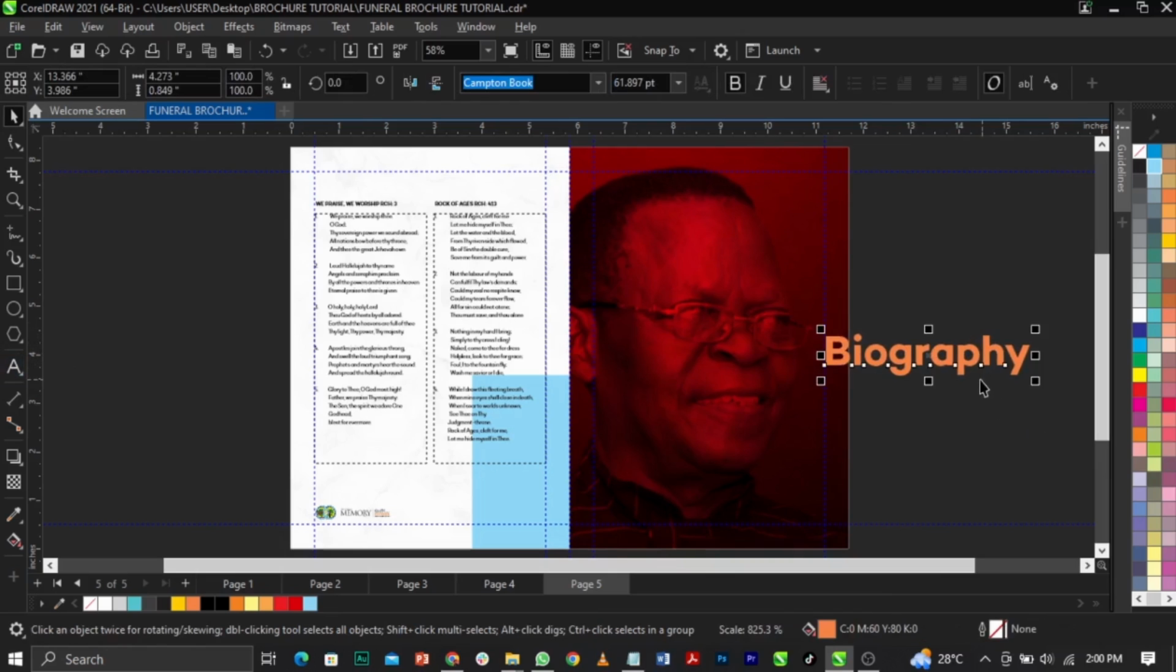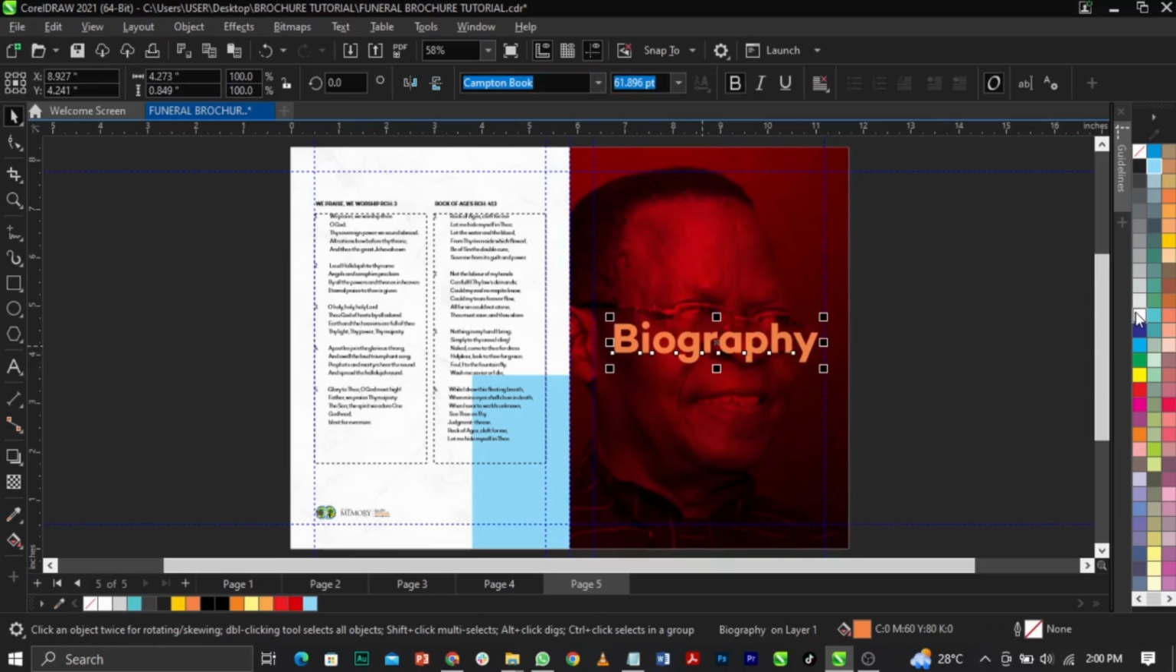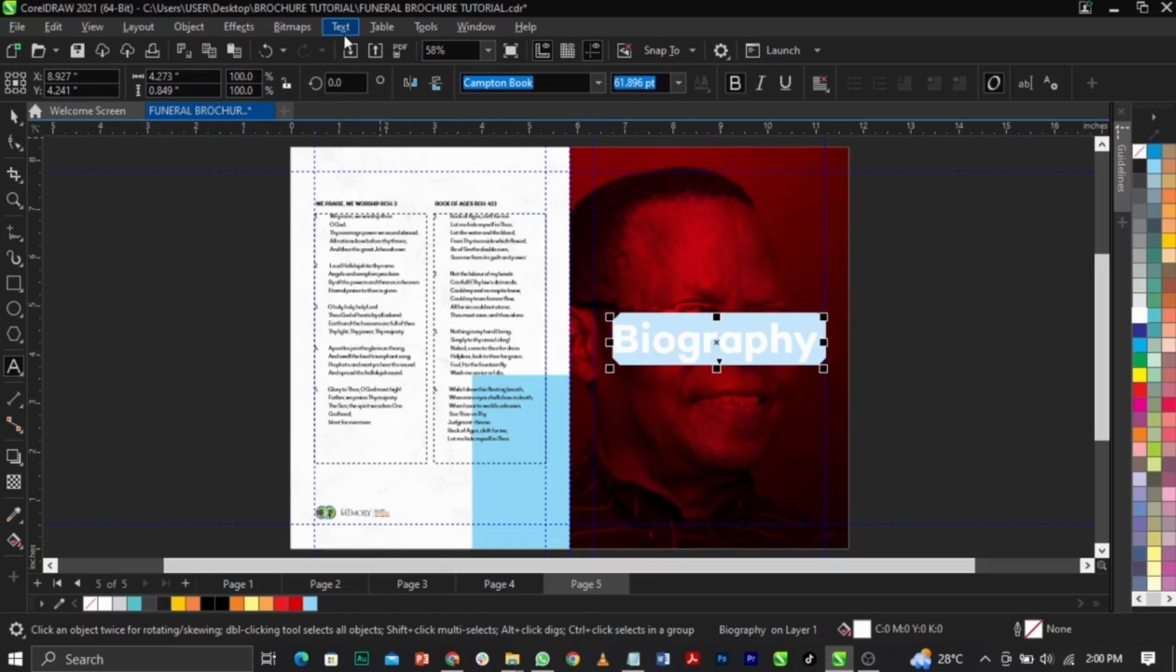So I'm going to scale this one up just right here. The font I'll be making use of is called Campton Book. I'm going to put all the names for you guys. Right now I'm going to bring this in, give it a white color, highlight it with Ctrl+A, then use Shift F3 on your keyboard, or you can go to your text on your menu